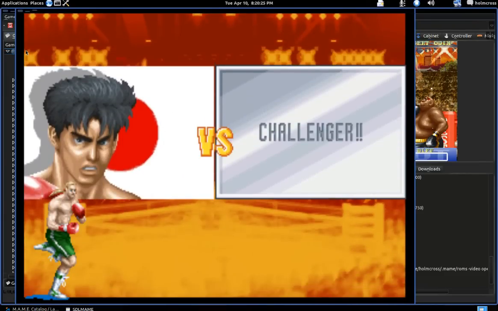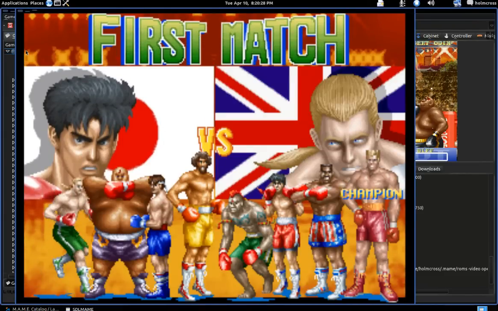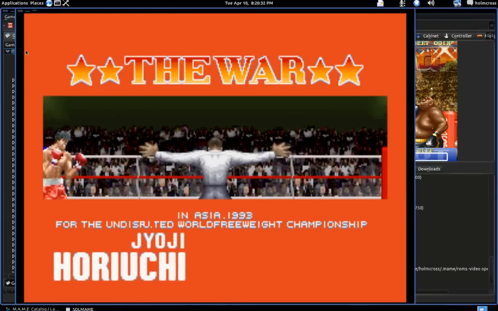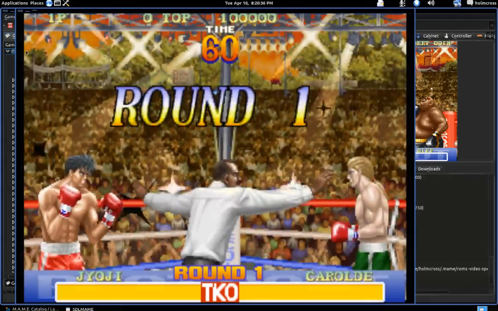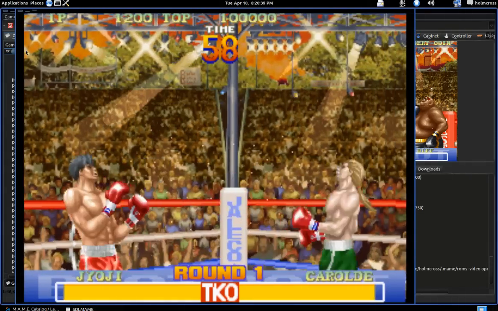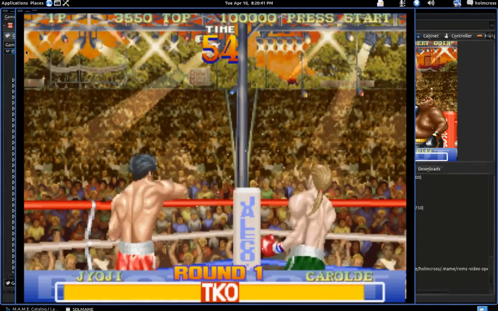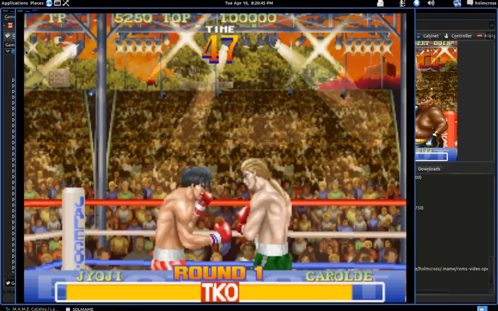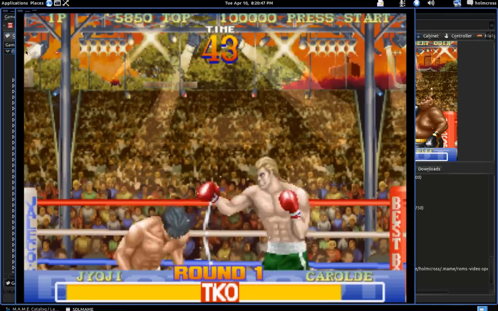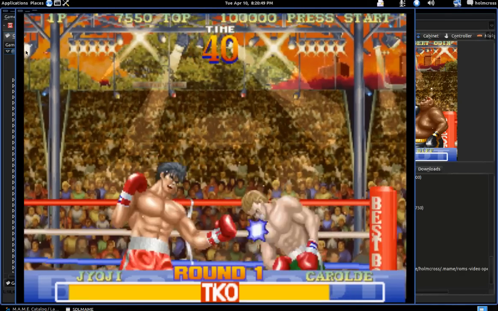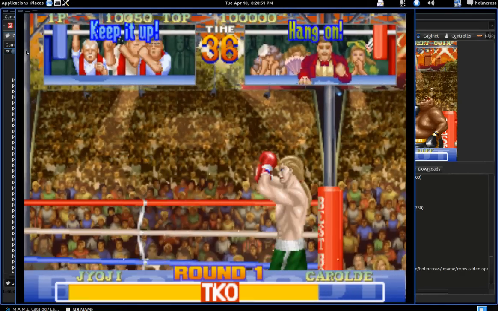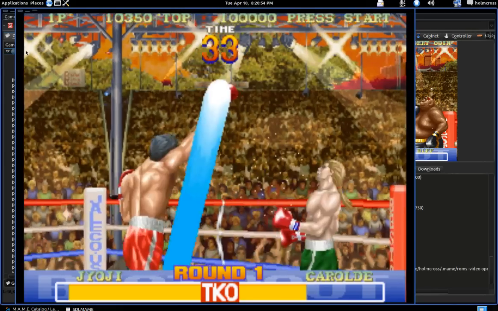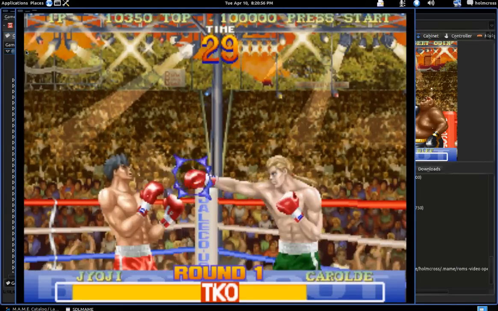Now, out of all the front ends I've used, I like QMC2 because of its simplicity. Wahcade or Wakade, whatever it's called, it's a little bit harder to configure for, you know, those of you who are new to Linux and Ubuntu. And I found this one to be a lot easier to set up and has more options for you to configure your emulator. Okay, now as you can see here, we're playing this short little video game,